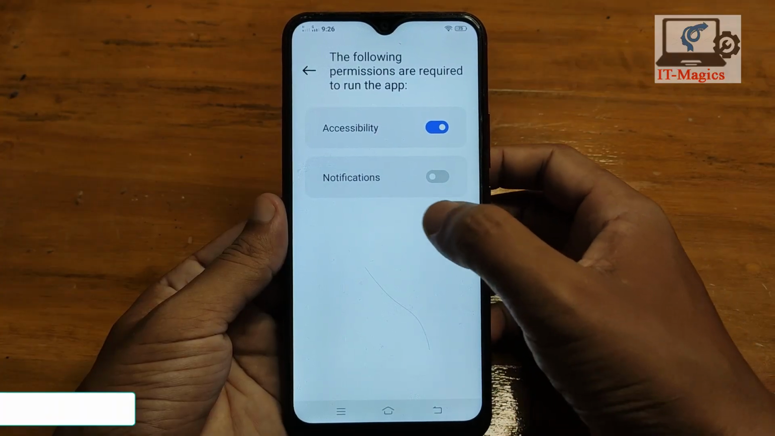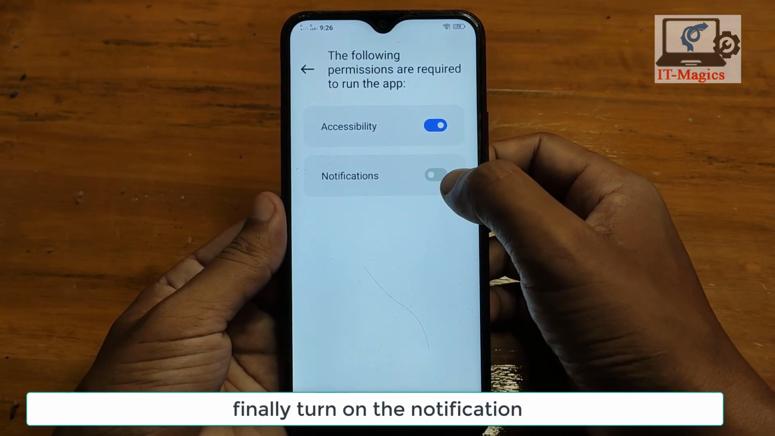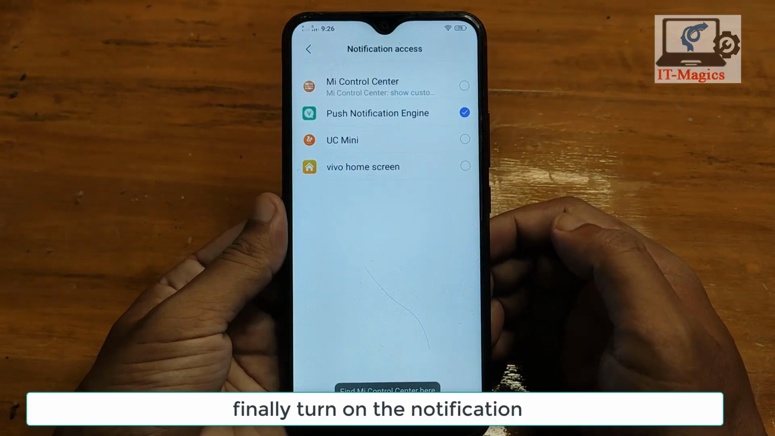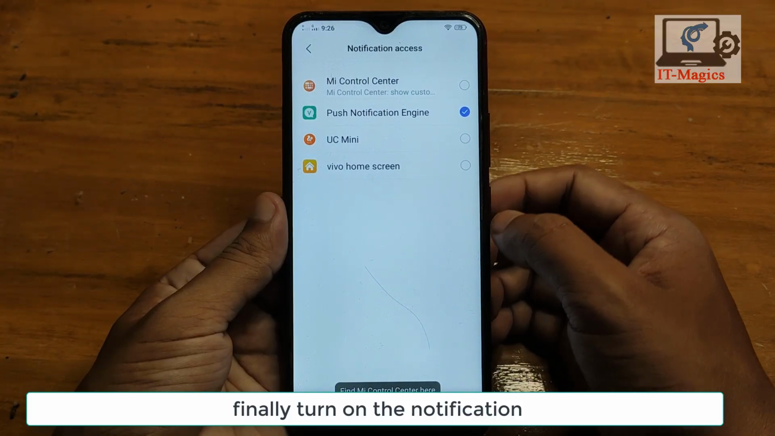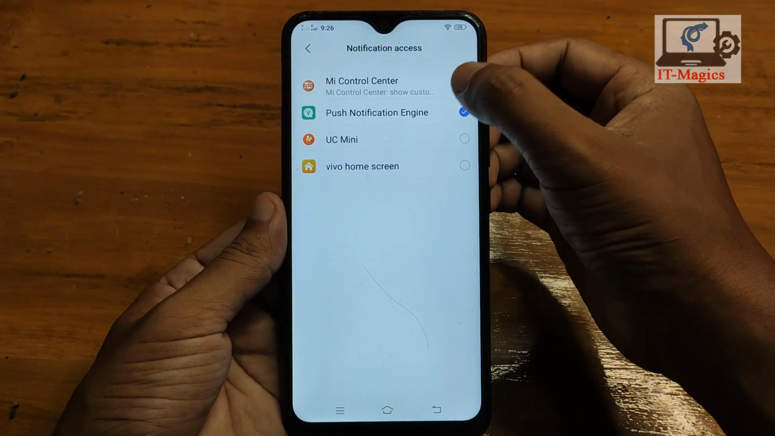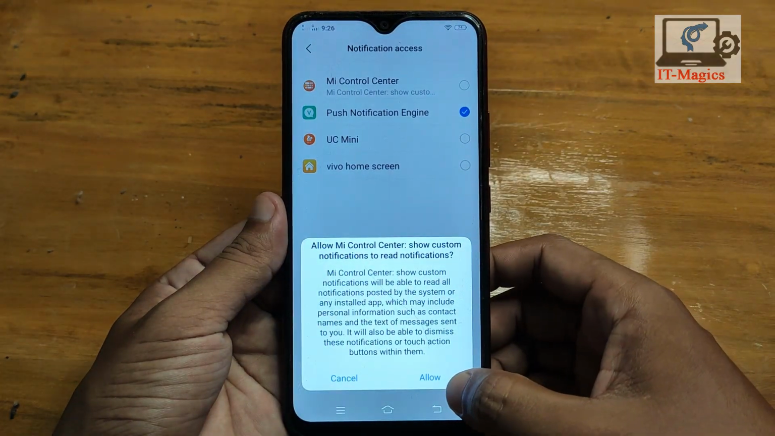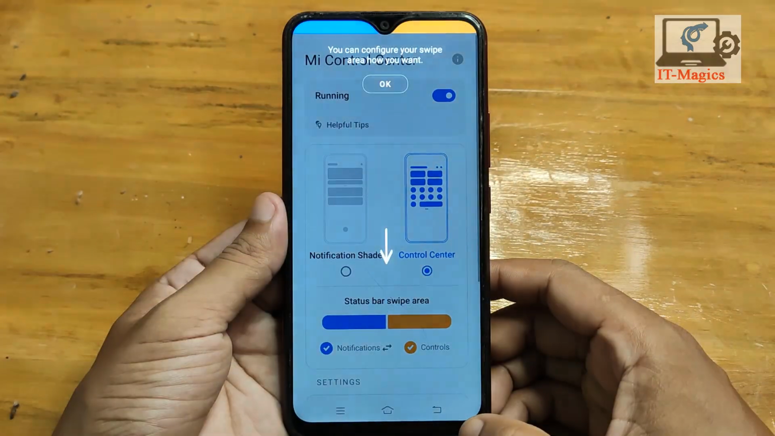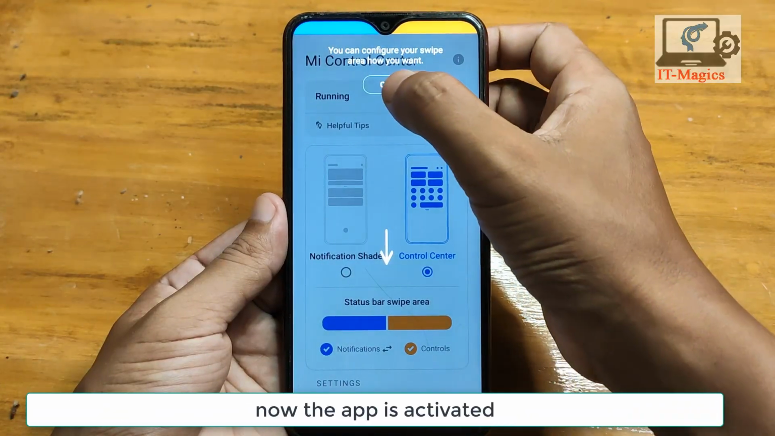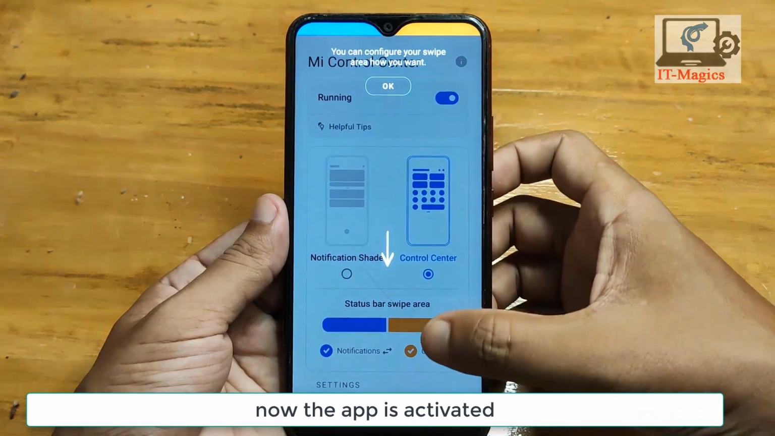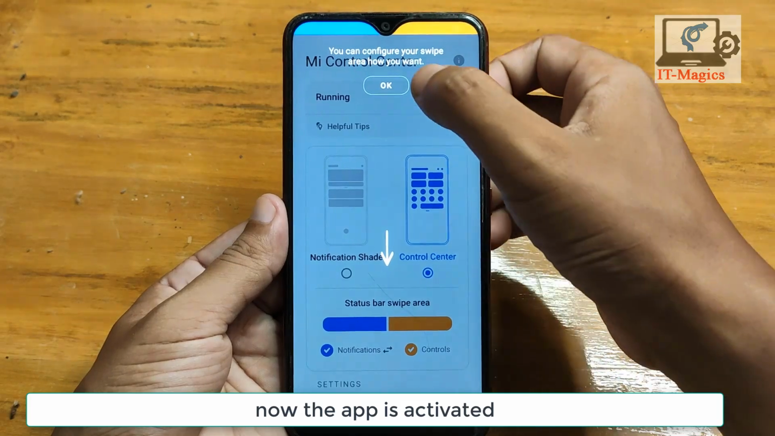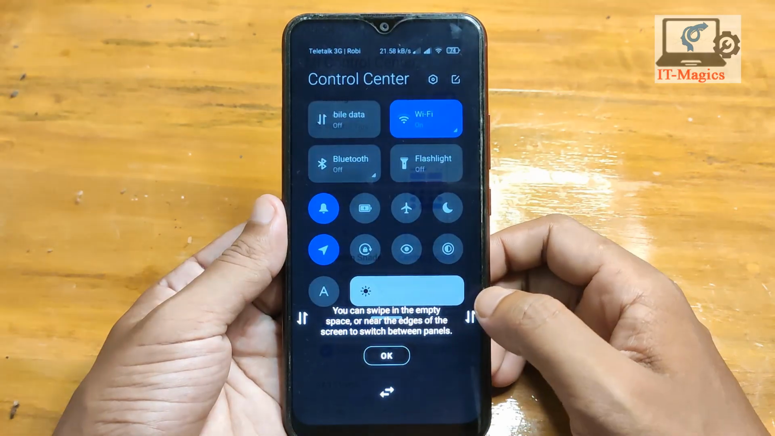It's done. The last one is notification. Finally turn on the notification. Just check on the MI Control Center, then allow, and finally the app is activated. Just click OK, then OK,